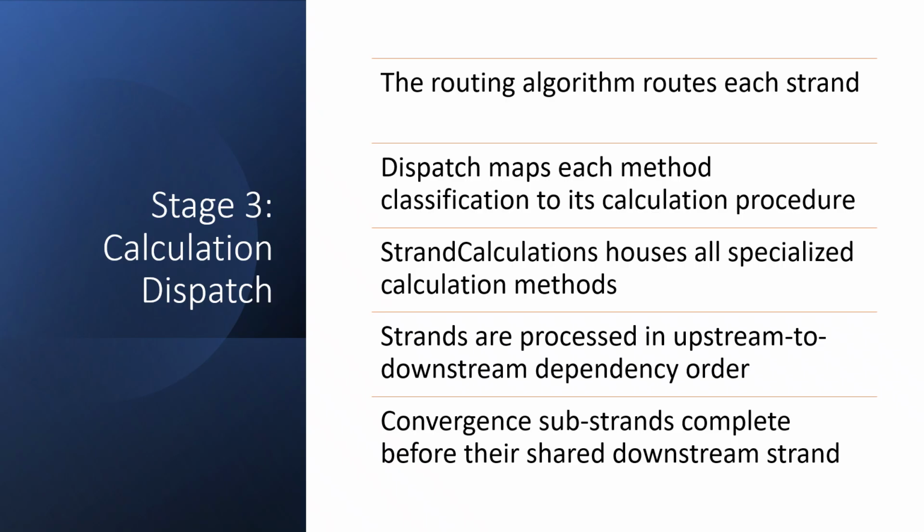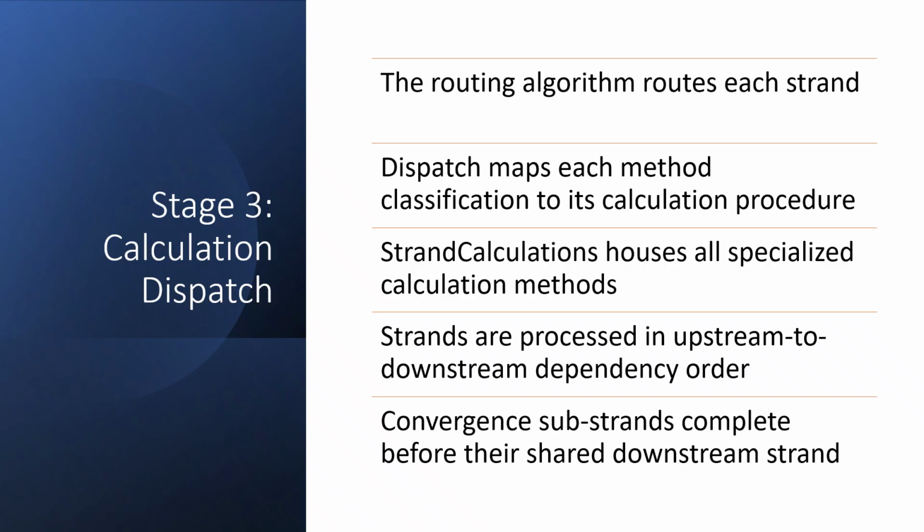Processing order here is not arbitrary. Strands that feed into a convergence point must finish calculating before the downstream shared strand can be processed. That dependency ordering was established back in Stage 1, and Stage 3 enforces it during dispatch. This sequencing is what keeps the hydraulic relationships between strands mathematically consistent. As each calculation procedure runs, it writes its results back to the strand's node records. Those per-node outputs include volume retained, load removed, and load discharged, the core values that carry through to the